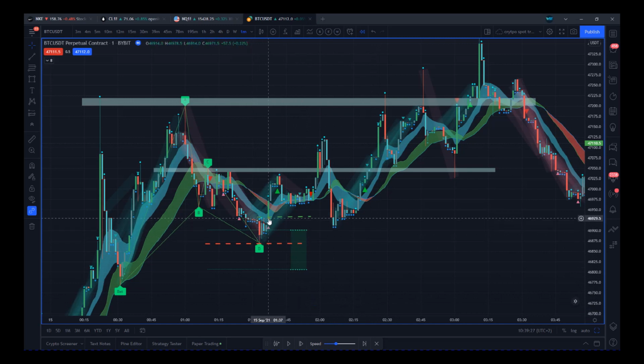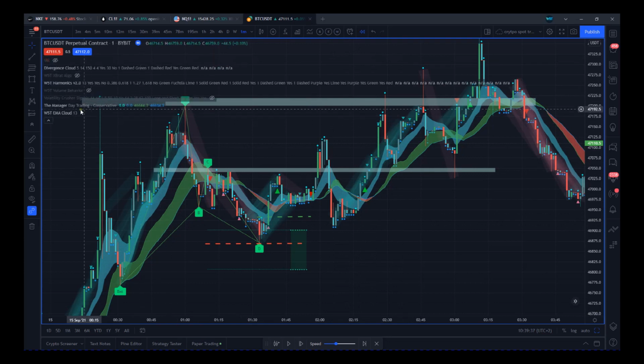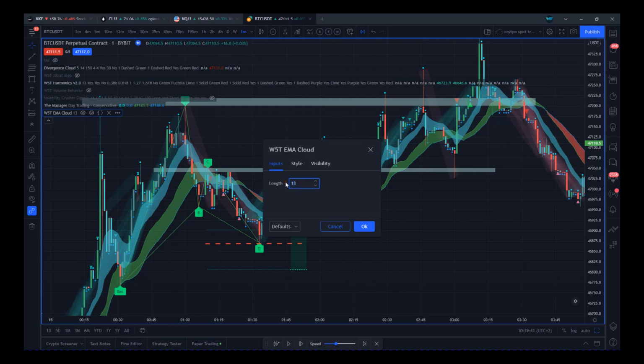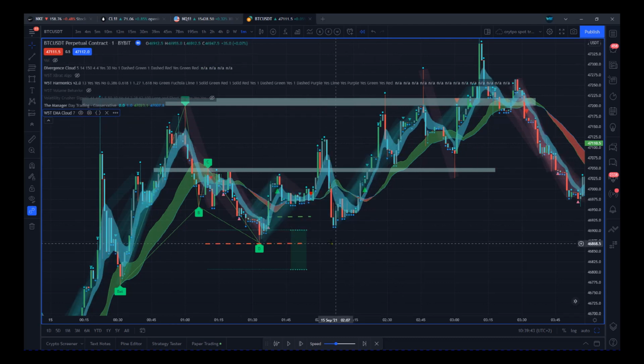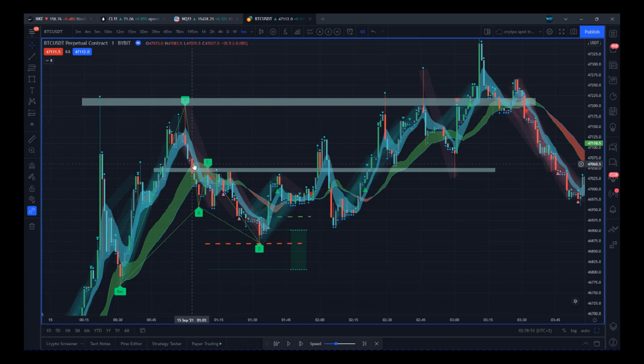And then you can see here where we come back down to test this zone again, it doesn't take the stop out, and then really starts to gather momentum there. The EMA cloud, remember we've set this EMA cloud to 13. If we were to change that to 7 here, you'd see that'd be a much more aggressive entry coming out of this point. I mean, risk to reward there is massive, because